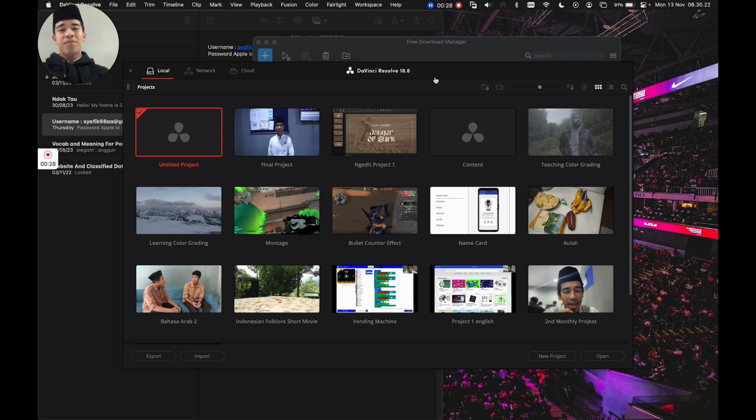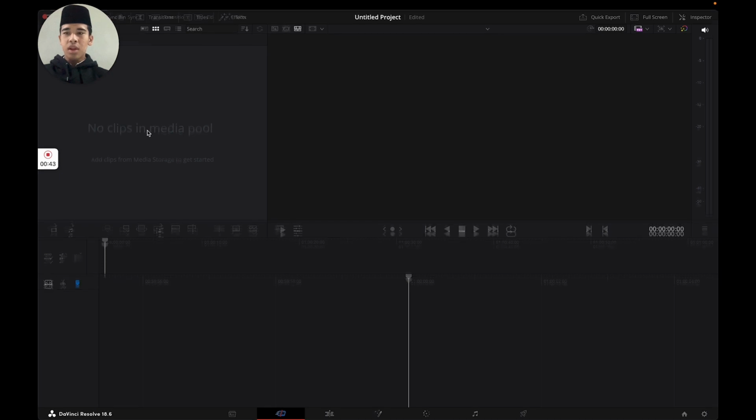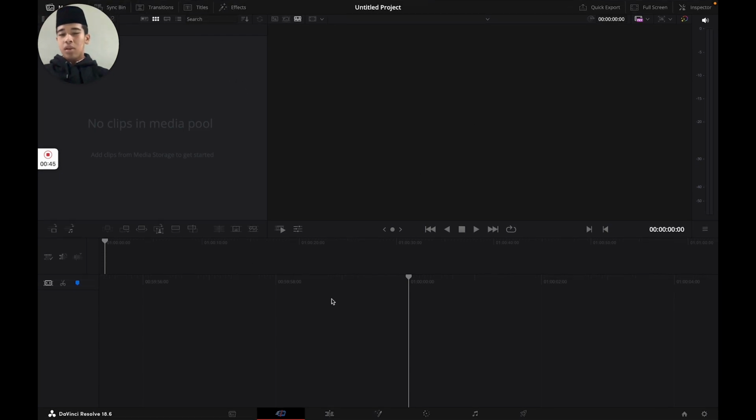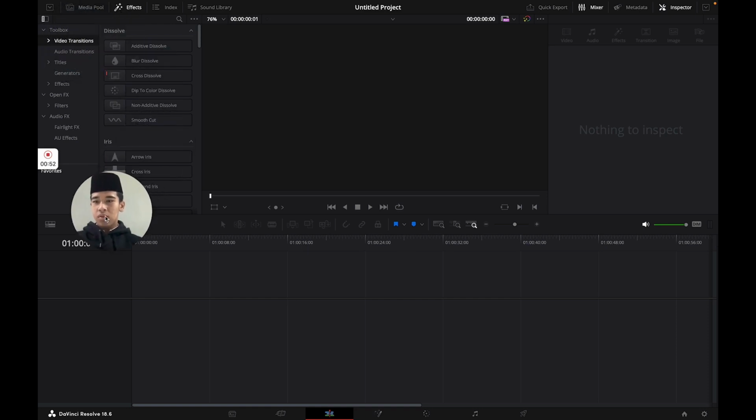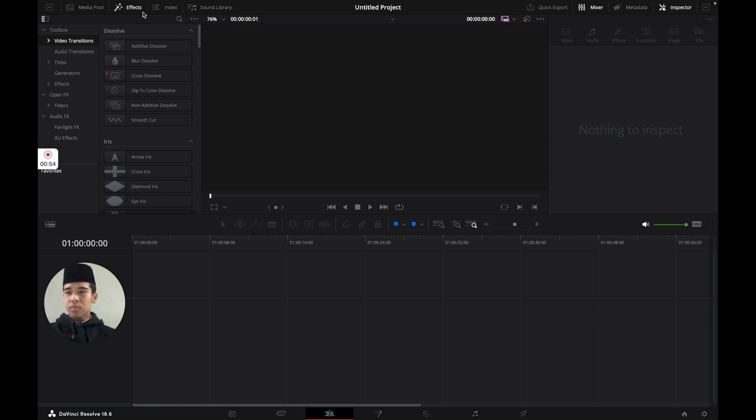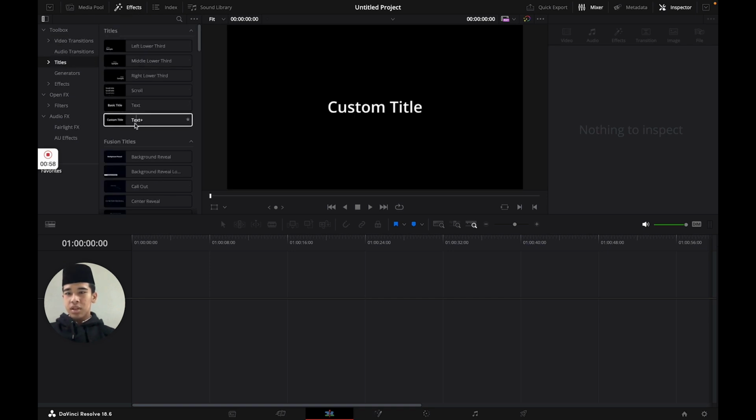So I'm using DaVinci Resolve 18.6, and after you open DaVinci Resolve, you have this page right here. Then let's click on the new project on the bottom left, or you can just click on title project. Once you're in, you can go to the editing page, and then go to effects, then go to titles and choose the Text+